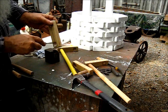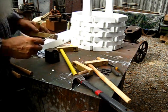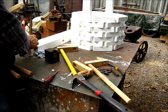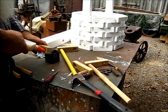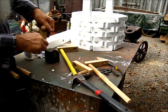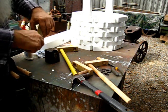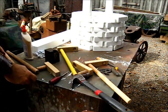This probably don't need much explanation, but you want to put that glue up in yonder. Use the right amount, but don't be skimping on it. You want a little excess on that glue right there, I'm thinking, and put it all around in there. A little extra time on the glue joint will pay off later, I'm thinking also. The glue in yonder, and